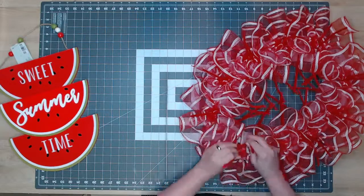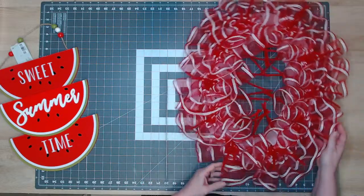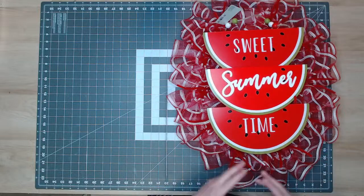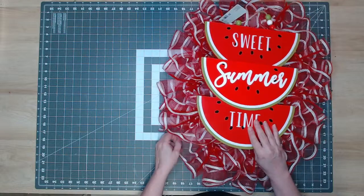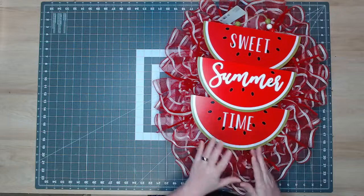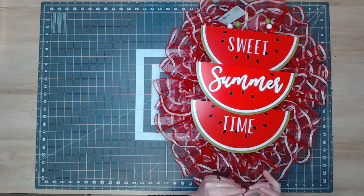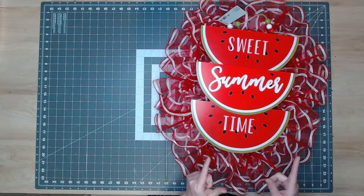All right, my friends, if you wanted to, because this is a large sign, you could stop and just put an outside layer of mesh on. Y'all see that? Just one layer of mesh, 10 pieces, cut 20 inches, will do the trick. But